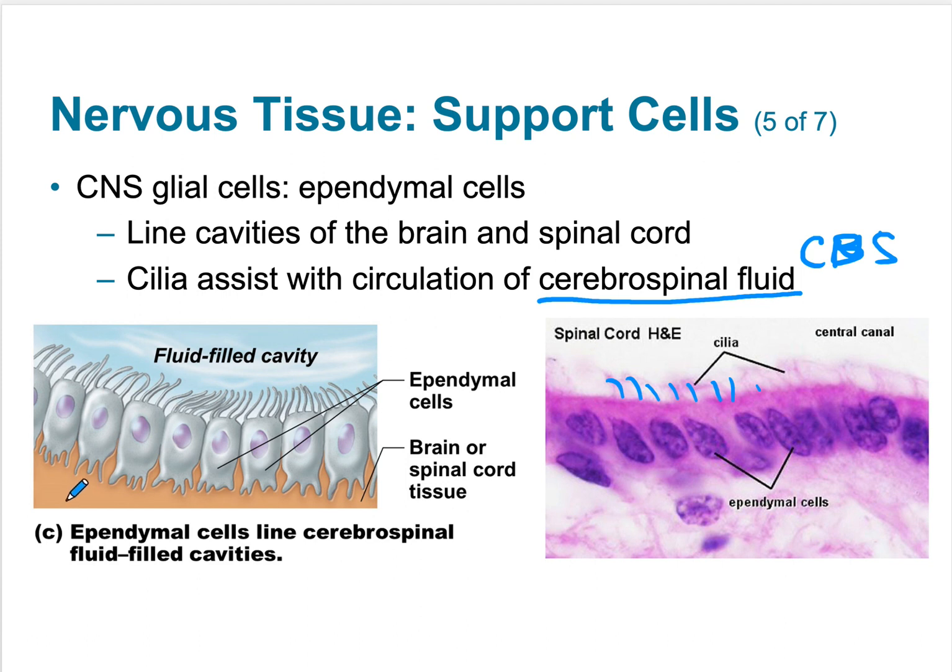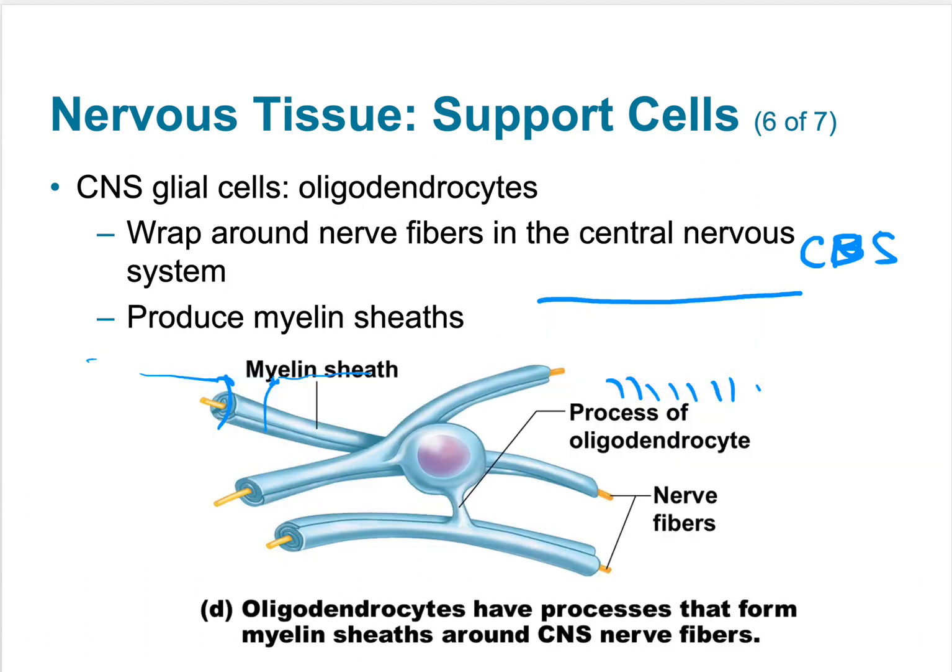Okay, so here it would be like brain and spinal tissue. And they line brain and spinal tissue. And like I said, they will secrete cerebrospinal fluid, and they allow it to kind of float around inside the cranial and vertebral cavities. Okay, but that's what ependymal cells do. All right, the next one are really interesting cells. Okay, these cells are called